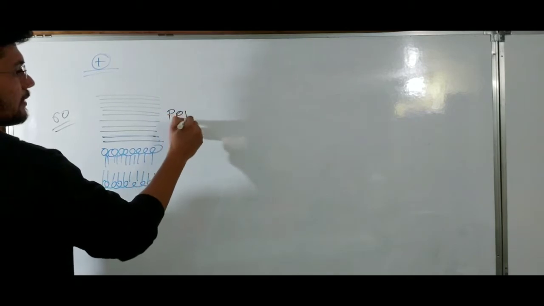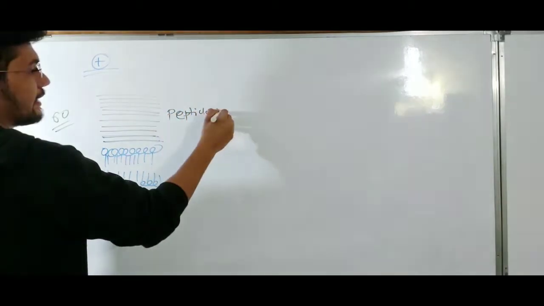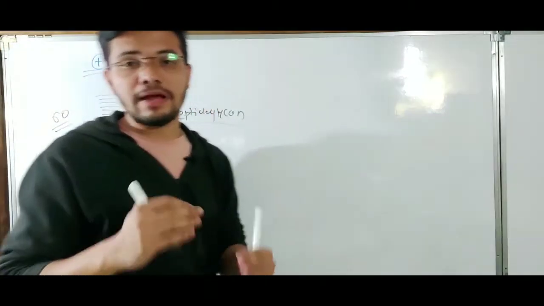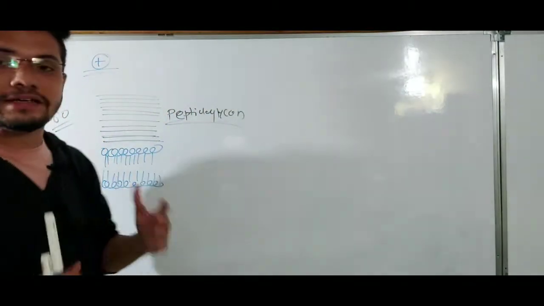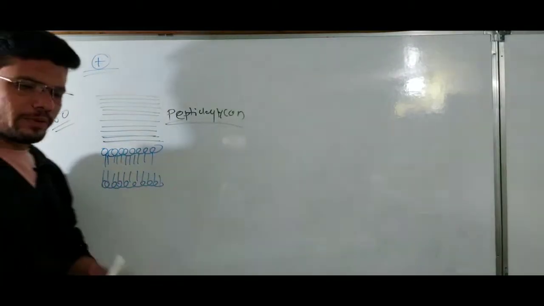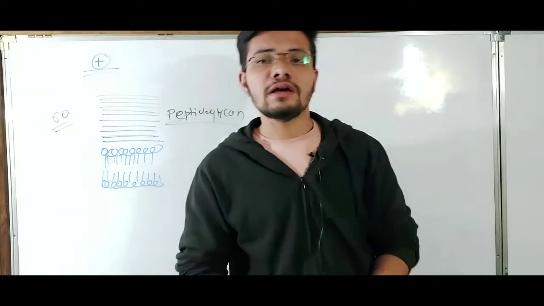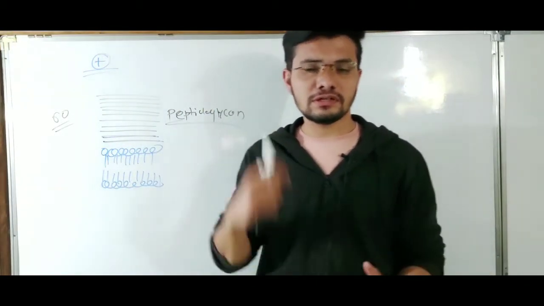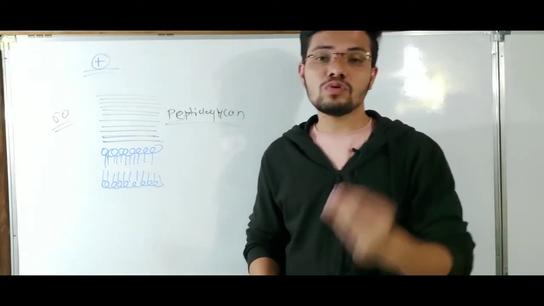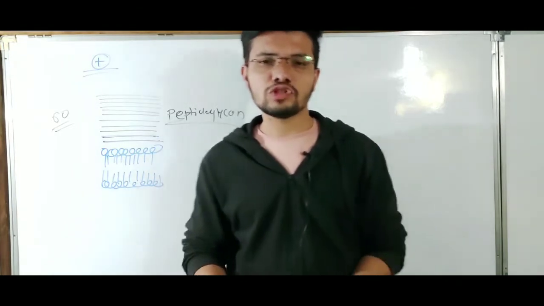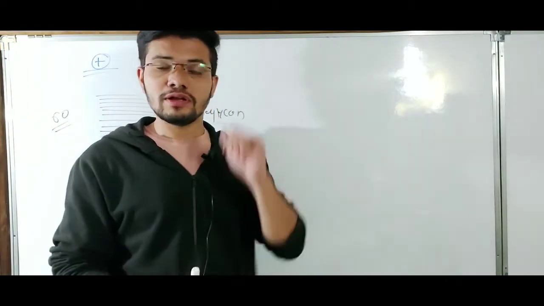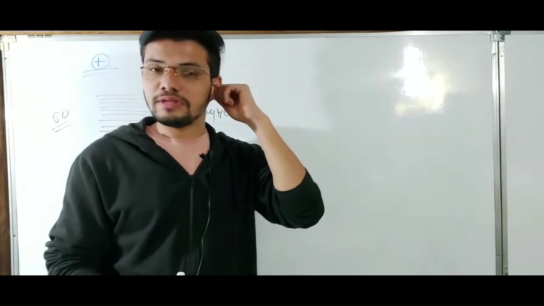60 layers of peptidoglycan are present inside the gram-positive bacterial cell wall. And we know that peptidoglycan is a polysaccharide made up of two sugar derivatives, N-acetyl muramic acid and N-acetyl glucosamine. These two sugars will be joined, and some amino acids will also be involved in the cross-linking of those sugars.